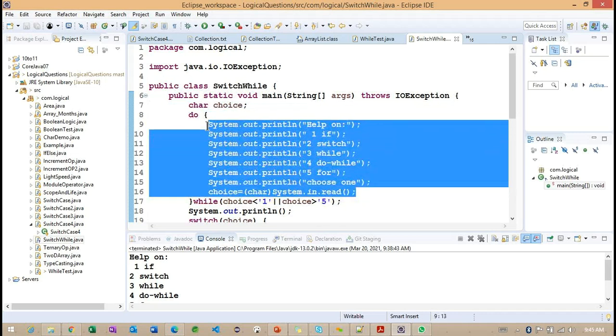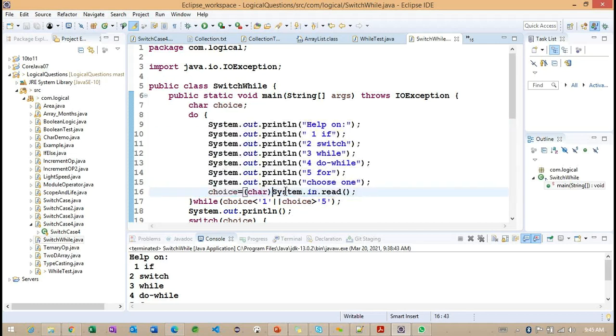Inside this do, I'm defining some println statements, and later we are trying to load information from the command line. The input we are loading is a dynamic value. Getting the point? After this, we are assigning it into choice.